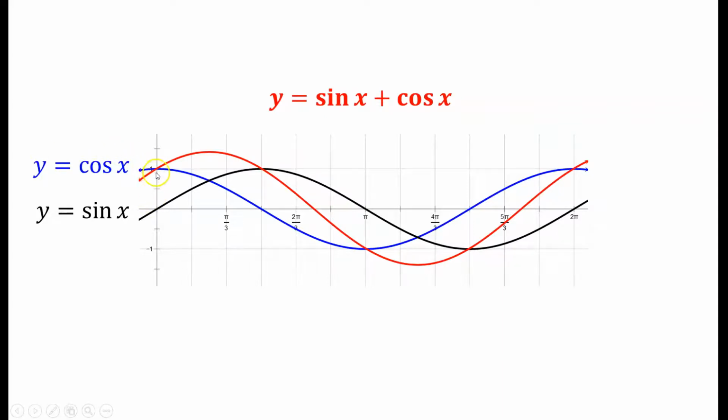Here we had 0 plus 1 is 1. Here we had a 0 and a negative 1, which gave us a negative 1. Like we said, we had 2 negatives here. They had to give you a more negative. 2 positives here had to give you more positive. And so it is really looking like what we would expect it to look like if you just simply add